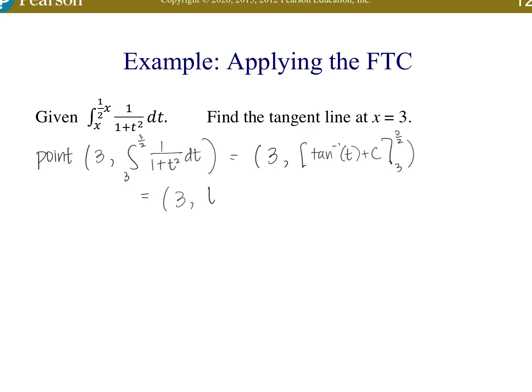Which will be the inverse tangent of 3/2 minus the inverse tangent of 3, which is going to turn into a decimal. So my point this time is going to be a decimal value. You guys don't have to worry about it. I got it for you in radian mode. Inverse tangent. All right, negative 0.266. All right, to find the slope,